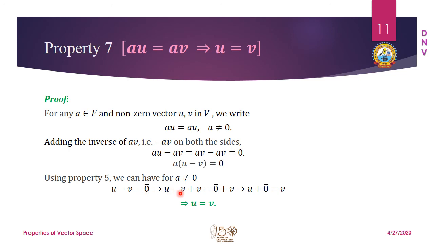What we have to do is use the abstract property, we add v on both the sides so that it is u minus v plus v equal to 0 plus v. So on this side it is minus v plus v, 0, and u plus a 0 vector will be again the vector u itself, and on the right hand side the 0 vector when added to v is the vector v. So we can claim that if au is equal to av, then u is always equal to v for a not equal to 0. So the purpose for which we have taken this a not equal to 0 is served.